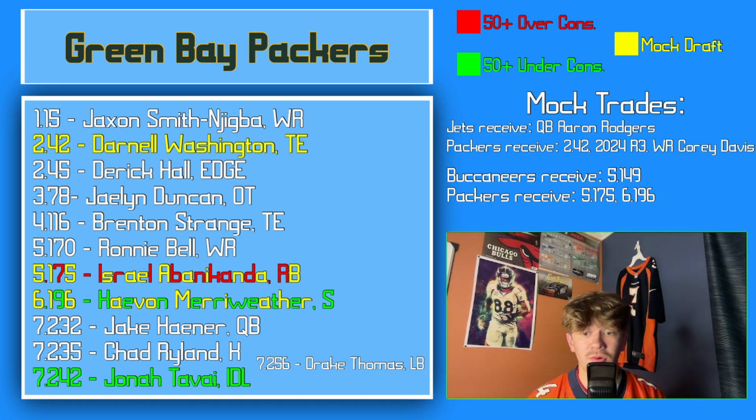Pick 170, another wide receiver. Now you got Ronnie Bell. Ronnie Bell's probably going to immediately come into Green Bay and start in the slot. He is the 2nd wide receiver taken by then, and it is Ronnie Bell out of Michigan. That would be...